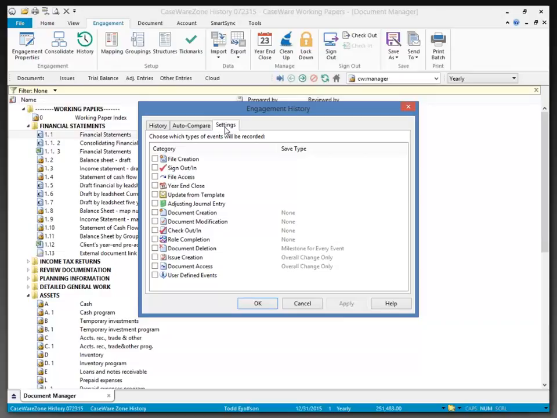the users. For example, right now I'm not tracking any history in this file, but I may want to track when file creation happens, sign in, sign out if you're using that instead of the SmartSync functionality, file access, year-end close, when a document has been updated from a template or an engagement, adjusting journal entries, and we can also track document creation, modification, check in and out, role completion, and document deletion, as well as issue creation and even